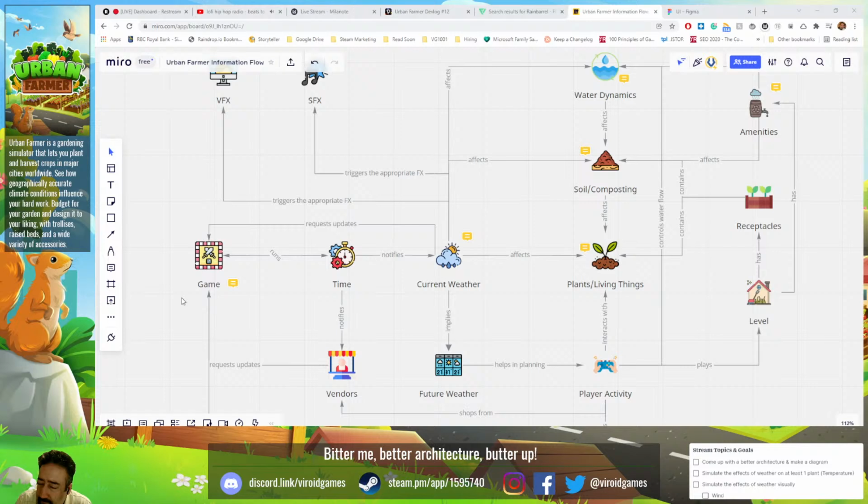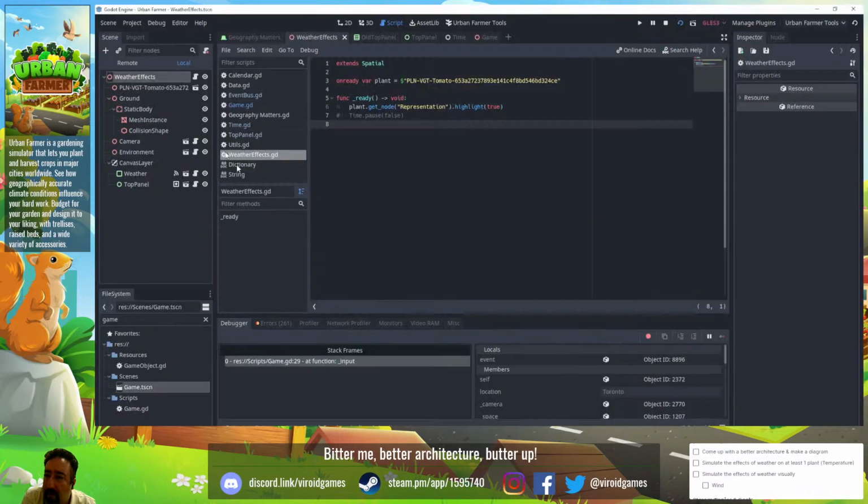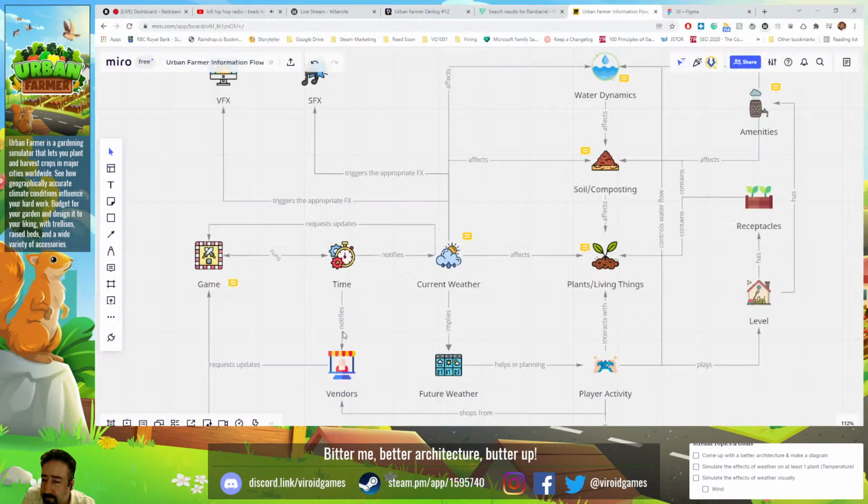Perhaps more important, what if I wanted to test any one of these systems? I would have to write some kind of a test harness, a test scene like this, which would not employ the game script anyway. Vendors is a close case where you could just run vendors and it will actually request data from game. This is okay, but what if we want to test something like